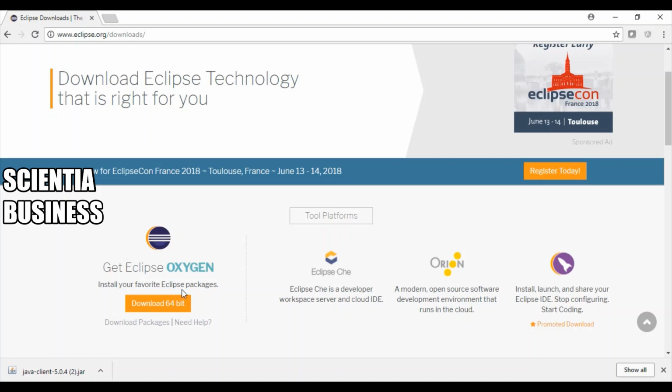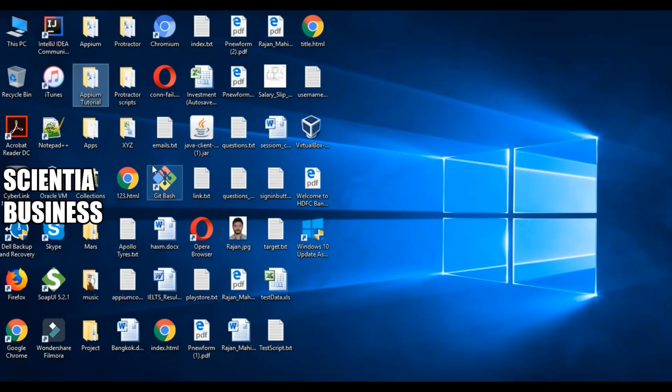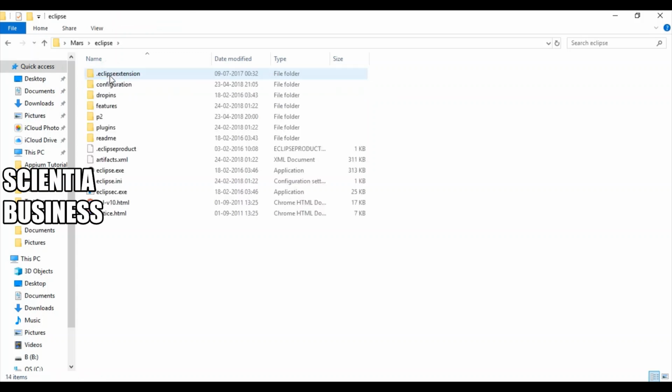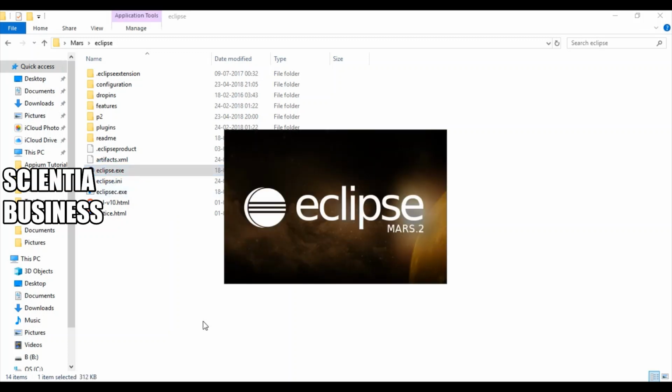Whatever version you download, once you have downloaded it, you will see a zip file, and when you extract it, a folder will be created, and inside it you will find the Eclipse exe file. Just click on it and you will see that Eclipse will launch. I've just clicked on it, and you can see that Eclipse is successfully launched.